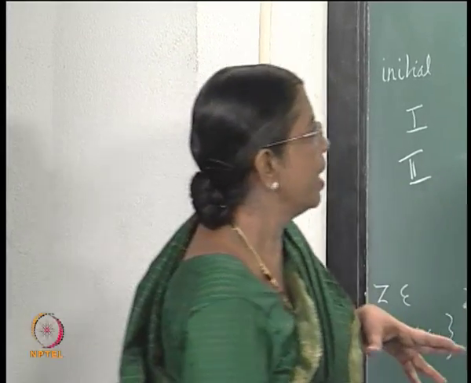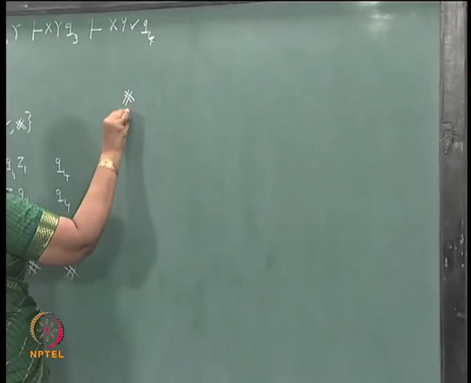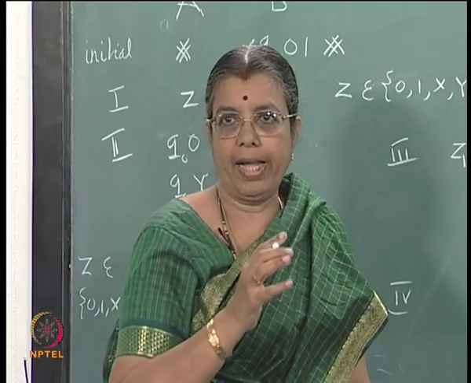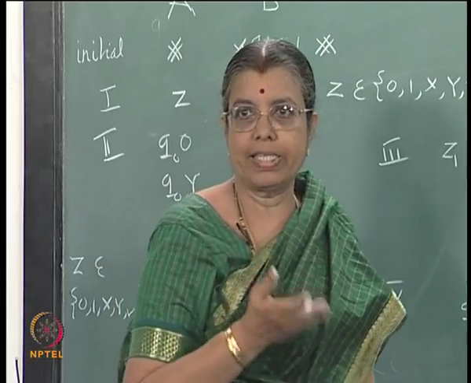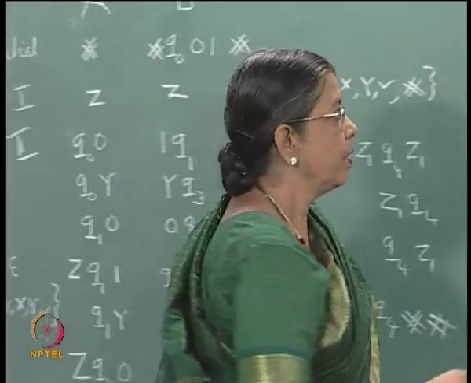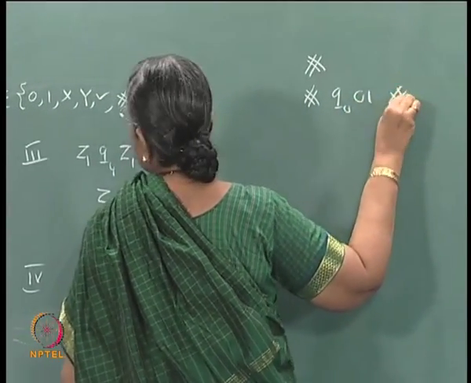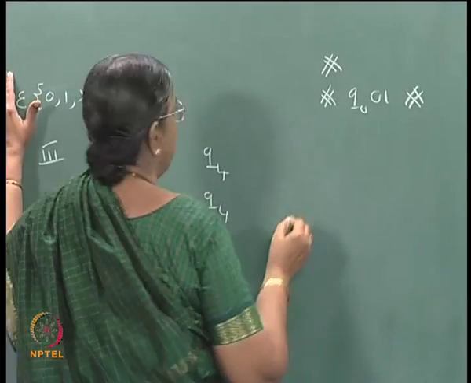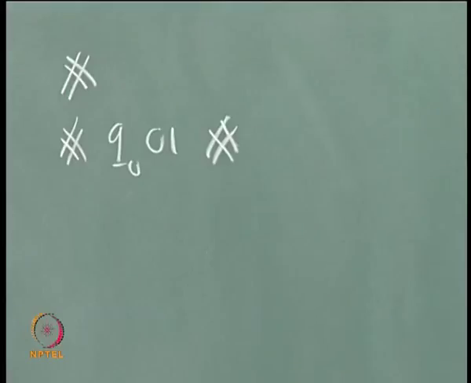Okay. So, let us see how we can start. Start with hash and hash. The lower string will be longer, each one will be one ID, and when you try to match the first string with the second string, the next ID will be created, that is what we have seen. So, hash Q0 0 1 hash, this is the initial pair, right. With this you start, then you have to create Q0 0 1 there.